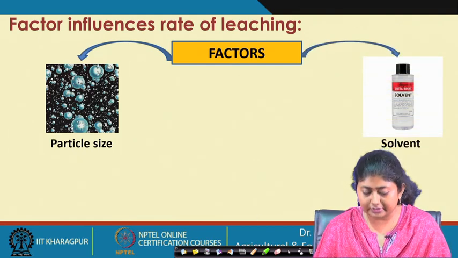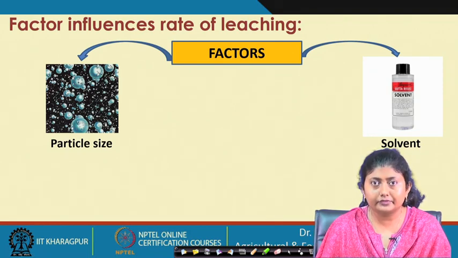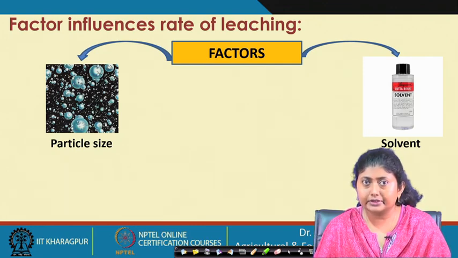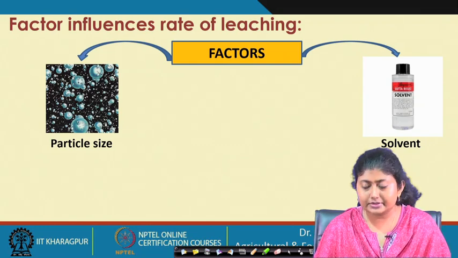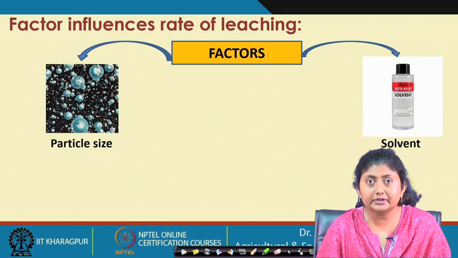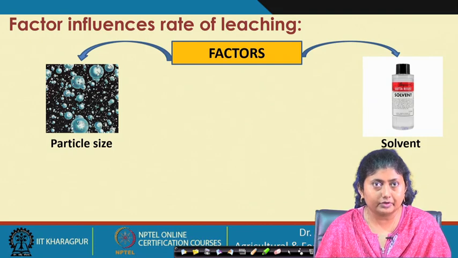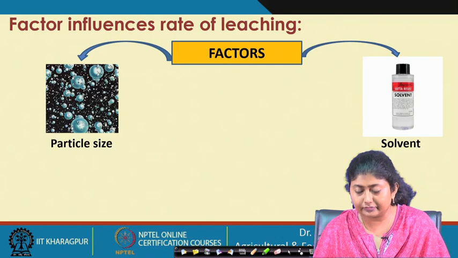Next is the solvent. Selection of solvent is very important, because if you have a choice of 2-3 solvents in a relative order of affinity towards a particular solute, you have to select the solvent with higher affinity towards the particular solute component that you want to extract from the mixture. You even have to see the nature of the solvent based on the material that you want to extract. If it is a flavor compound, you have to select the solvent accordingly. If it is water soluble, you have to select water as the solvent. So, all these factors depend on the selection of the solvent.